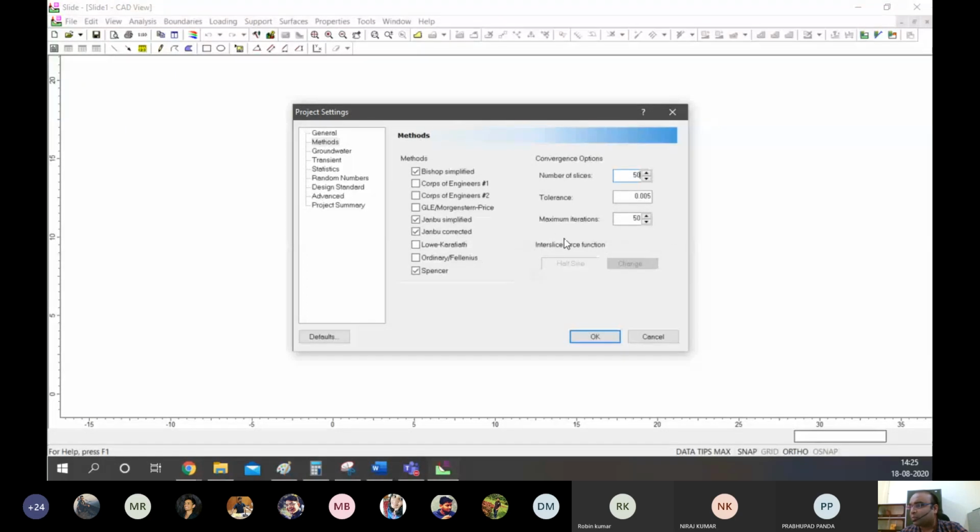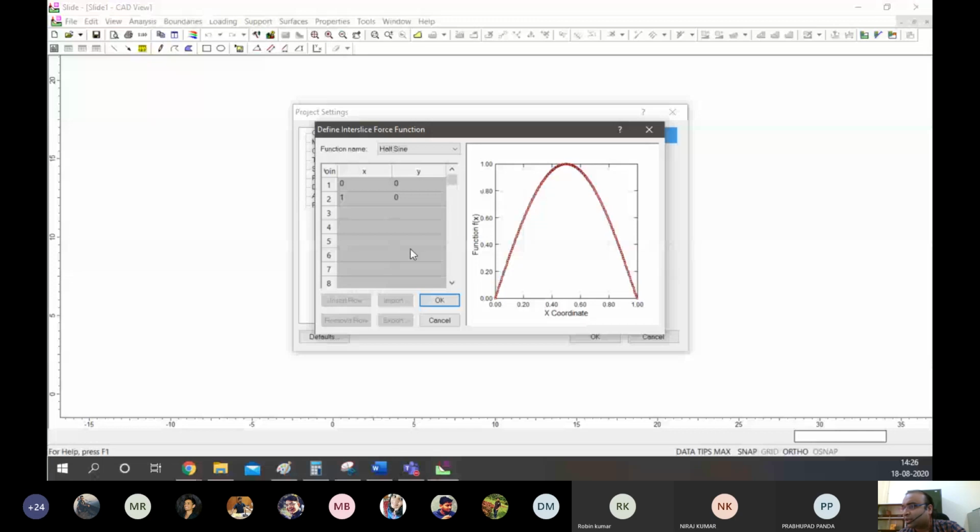some customized function for interslice force interaction in one of these. So the GLE method basically gives you an option to decide what the interslice function is. It can be a sine wave, a clipped sine wave, or a trapezoid form.